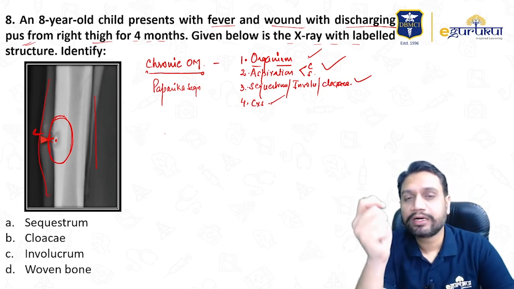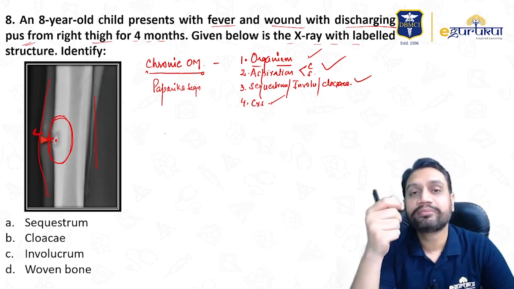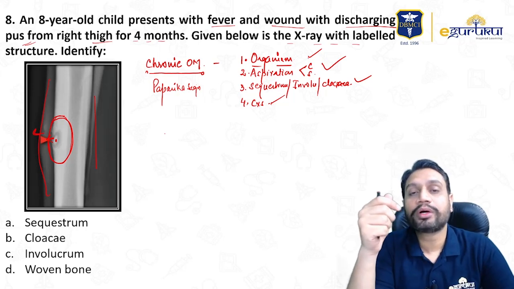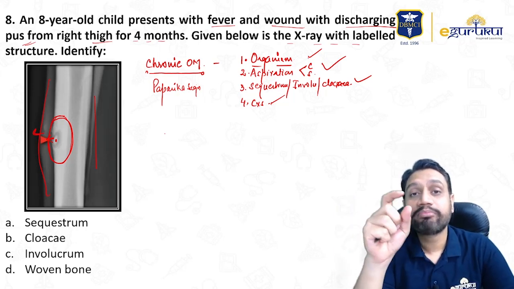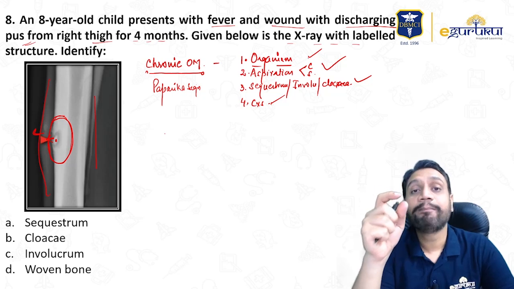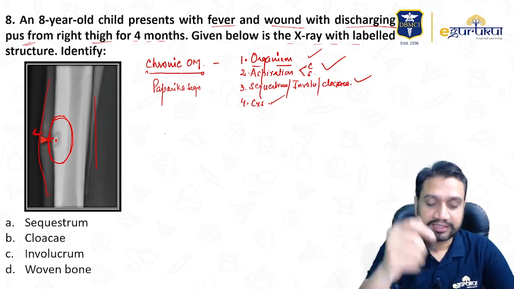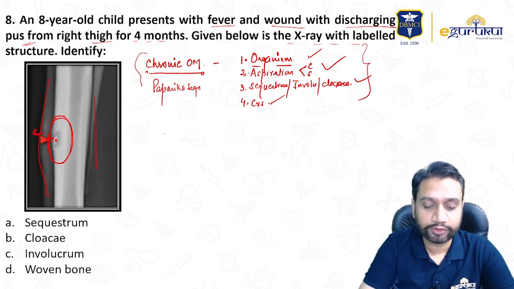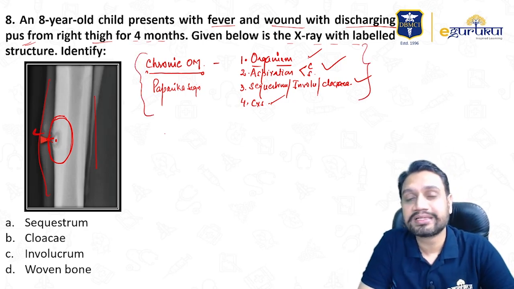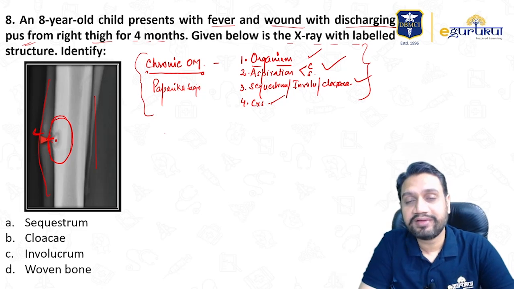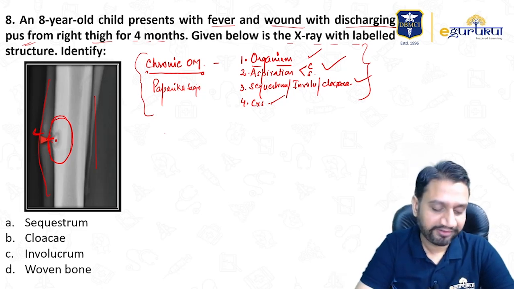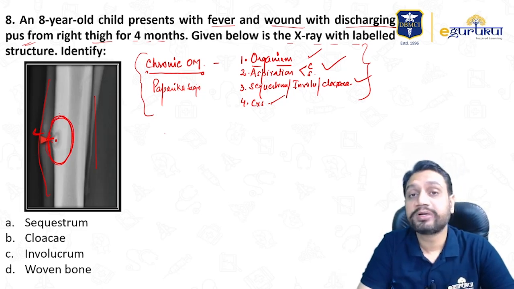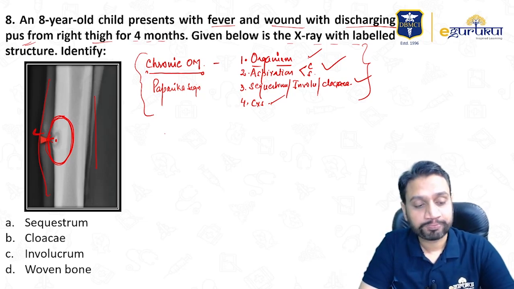When you keep on curetting out the chronic osteomyelitis sequestrum, how will you come to know the normal bone has come? It is by bleeding points. So that is the paprika sign. These are all the important points that I want you to remember from chronic osteomyelitis. The picture of this is very important. It may not be a very classical image here, but you must be aware how things are seen in chronic osteomyelitis.